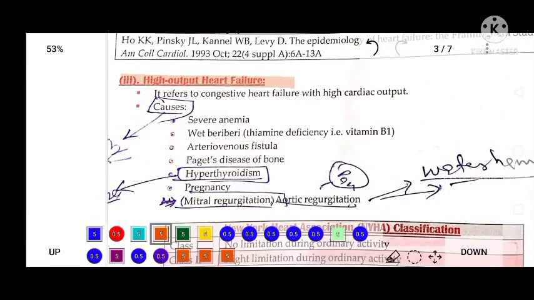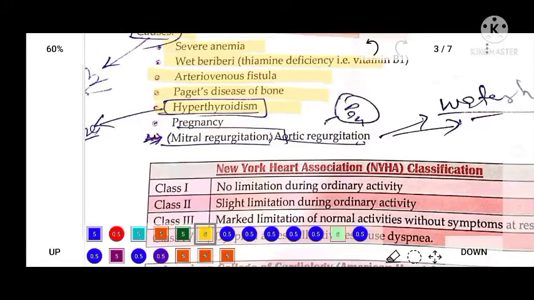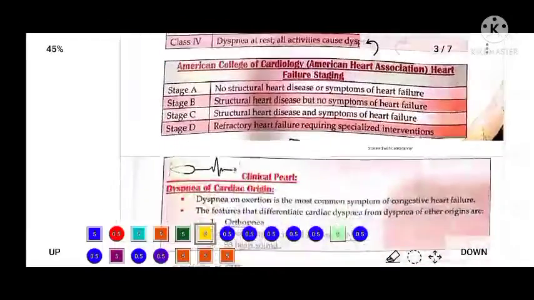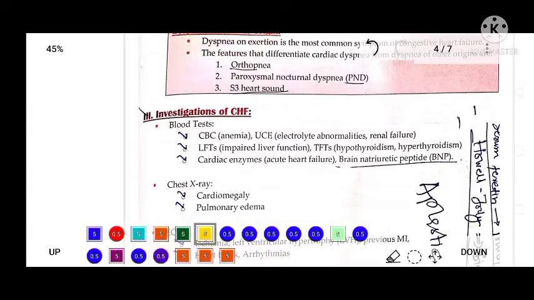And another cause is high output failure. It refers to congestive heart failure in which failure occurs despite a high cardiac output. Causes are severe anemia, wet beriberi, arteriovenous fistula, Paget disease, hyperthyroidism, pregnancy, mitral regurgitation, and aortic regurgitation. High output failure occurs. So, the investigations of heart failure will be blood tests like CBC, LFT, and cardiac